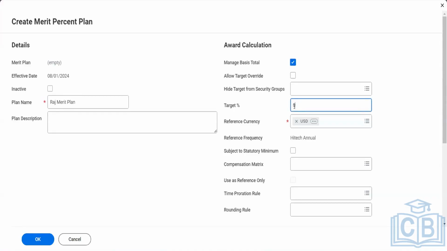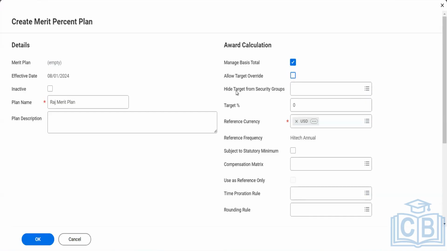There might be multiple scenarios I might come across during the merit plan wherein the target can be changed at the latest stage. If I want to override the target at the latest stage, I will not use this check. I will keep this as it is. If I want to override, I will use this checkbox, or I will ignore that. It completely depends upon us, how we are setting up entirely.